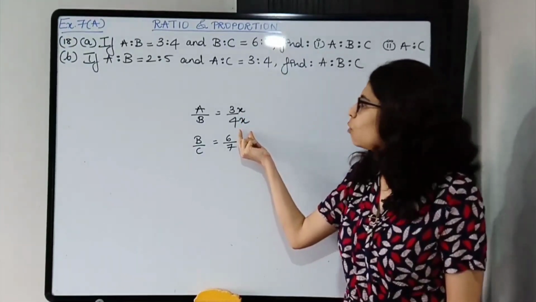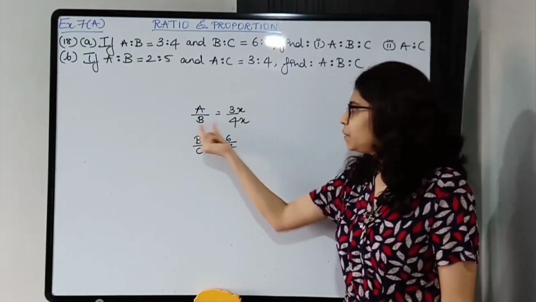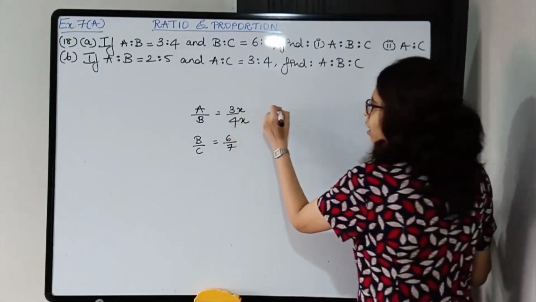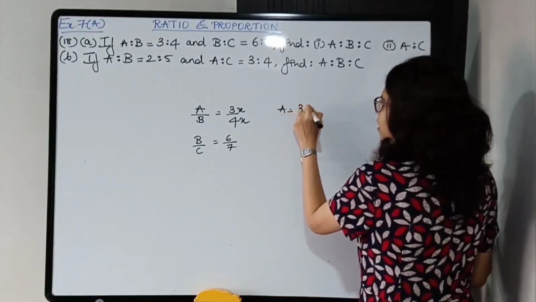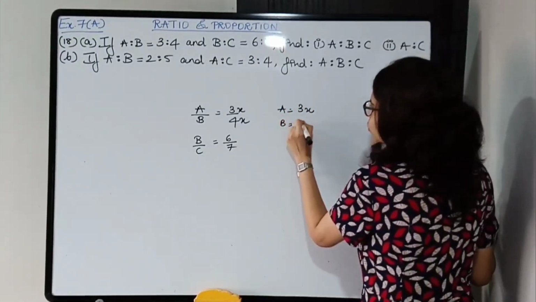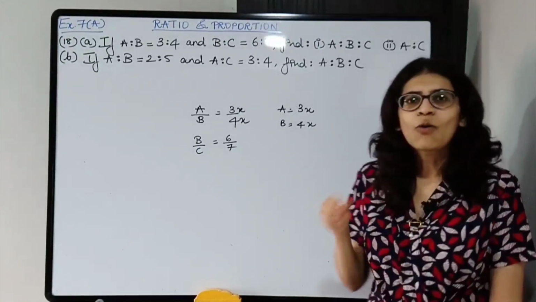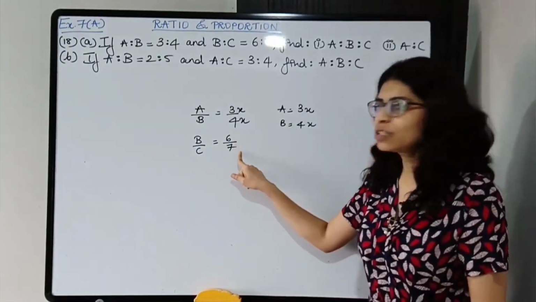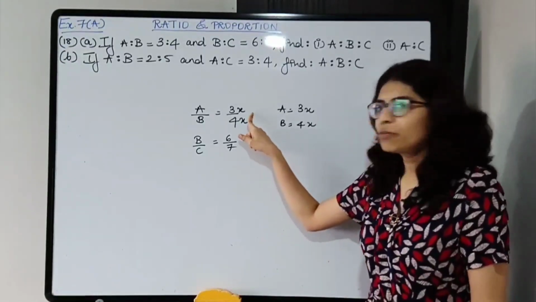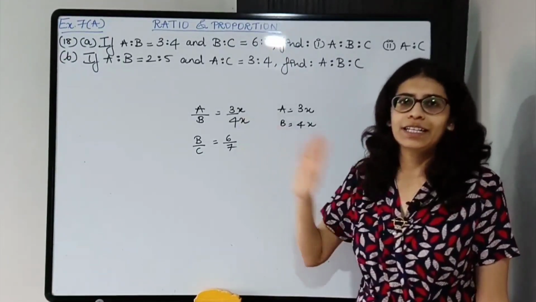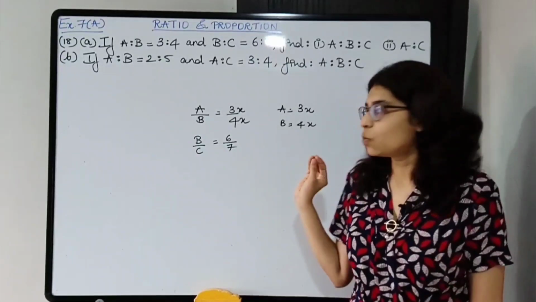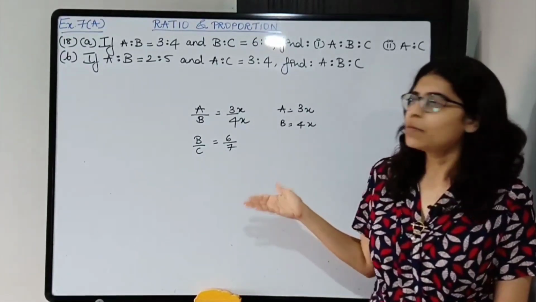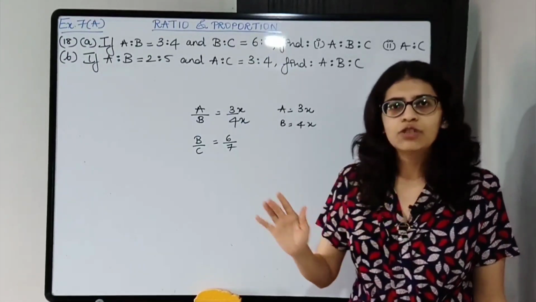ठीक है, सो a इज इक्वल टू 3x एंड b इज इक्वल टू 4x. आई कैन से दैट. ठीक है, सो a ओरिजिनल नंबर क्या हो जाएगा? It is 3x and b is equal to 4x. Now what about the common factor here? You cannot say this is 6x upon 7x. No. यहाँ पे common factor जो use हुआ है same यहाँ पे होगा, it is not necessary. Okay, it will be different. So it might be different. Some cases it might be same, but nothing is given over here, so you cannot assume it to be same.